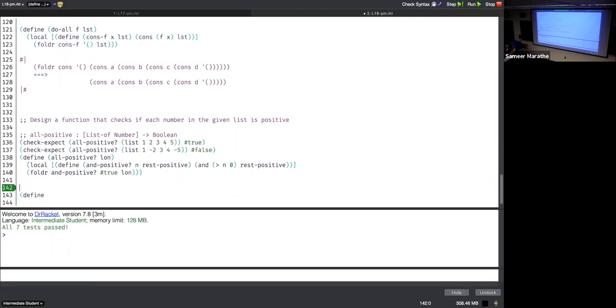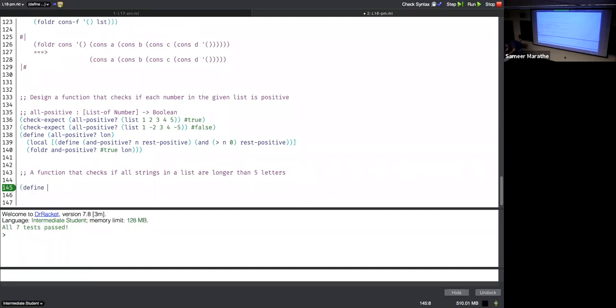So let's do a function that checks if all strings in a list are longer than 5 letters. Okay. So longer than 5,